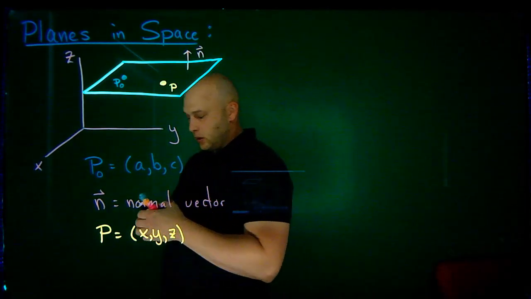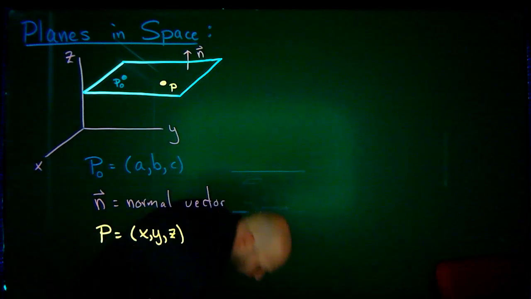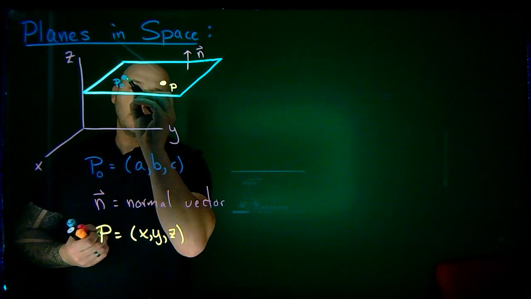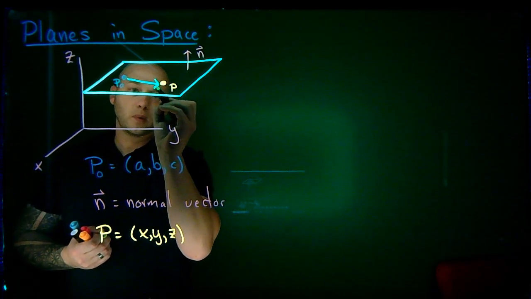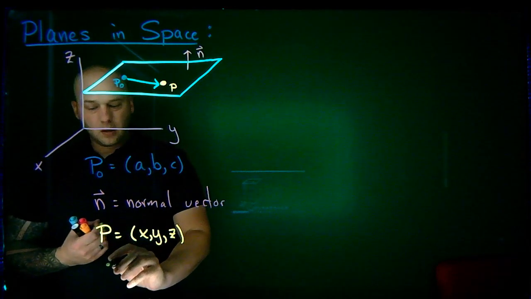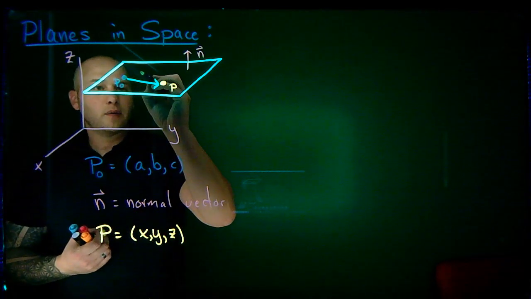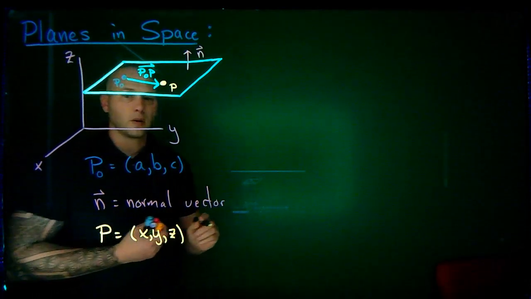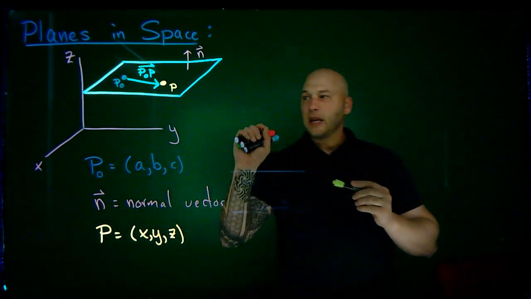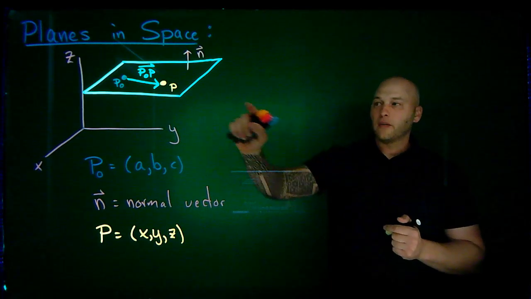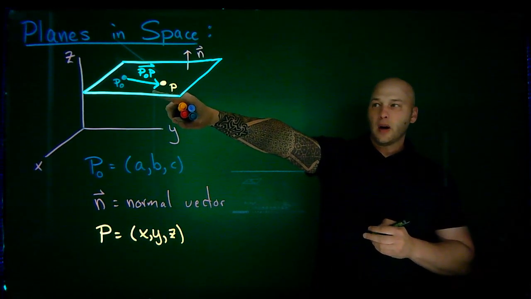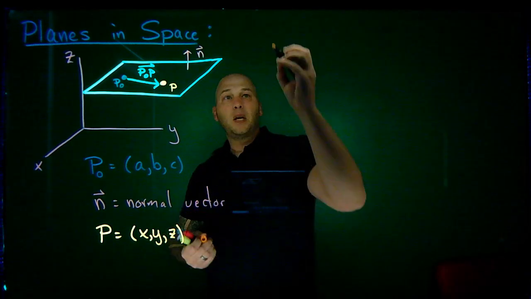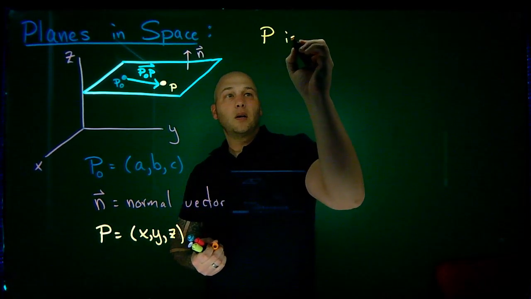Well, what I'm going to do is consider the vector that starts at P naught and ends at the point P. So I want to consider that vector right there, which in notation would be P naught to P, and it'd be that directed vector. Well, the point P lies in the plane if and only if the vector that I just created, P naught to P, and the normal vector are orthogonal. So that means that P is a point in the plane